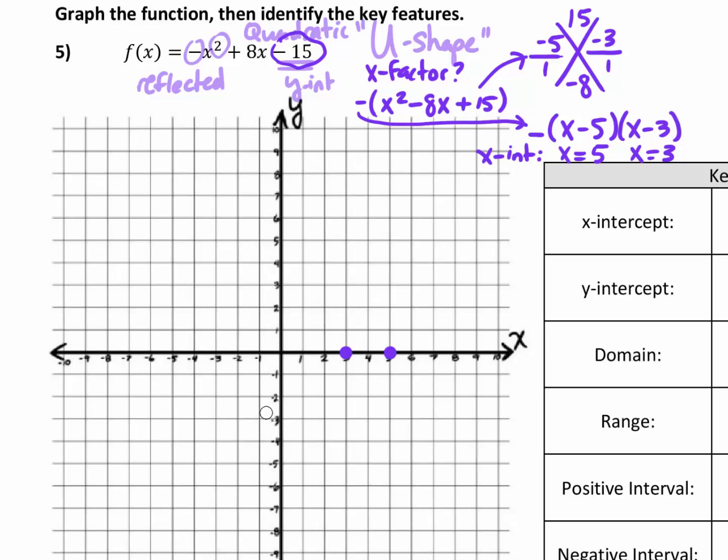Now if we're going to go ahead and draw a U in, I would like to try to be as accurate as possible. And so if you remember that this U shape is symmetrical, the vertex, the turning around point of this U, is going to happen right at 4. So we have a couple of options, okay? Figuring out where its height is not too hard. We just have to use x equals 4,